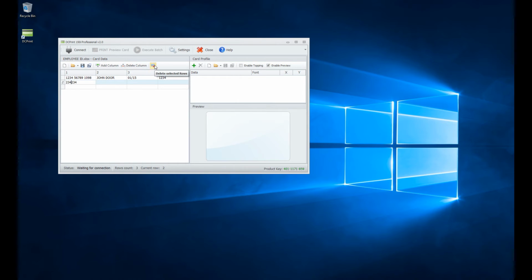If I'm here, I want to delete the row, so I will come here and say delete the row, and it will delete that row. If I highlight this row, I delete that row, and I'm back basically to just a blank 4 column. So I can add columns, I can delete columns, I can add rows. The way I add rows is, once I get to the end and go to the next one. You can't have all blanks and make a new row, but once I've entered any data into these columns,